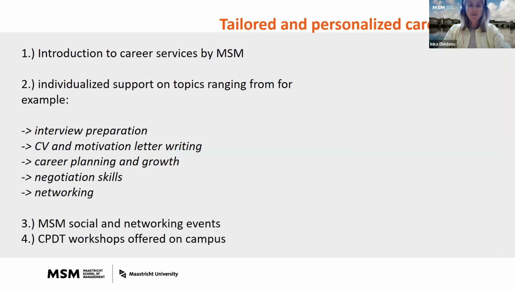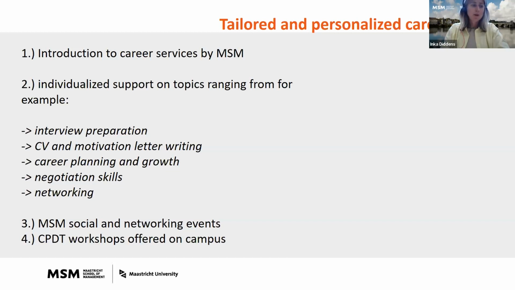Career service. Now, career service, maybe some of you are also asking about this one. It is available for you even if you are a student of the online program. So how it works here, it will be a little bit more personal than compared to the full-time MBA, because there they have a whole career personal development track. But for the Global Flex Online MBA program, since most of you will be in a job or maybe in between jobs or changing jobs, typically you don't have the same need like a full-time MBA student who is without a job. However, whenever you would like some individualized support, preparing for an interview, doing some workshops,